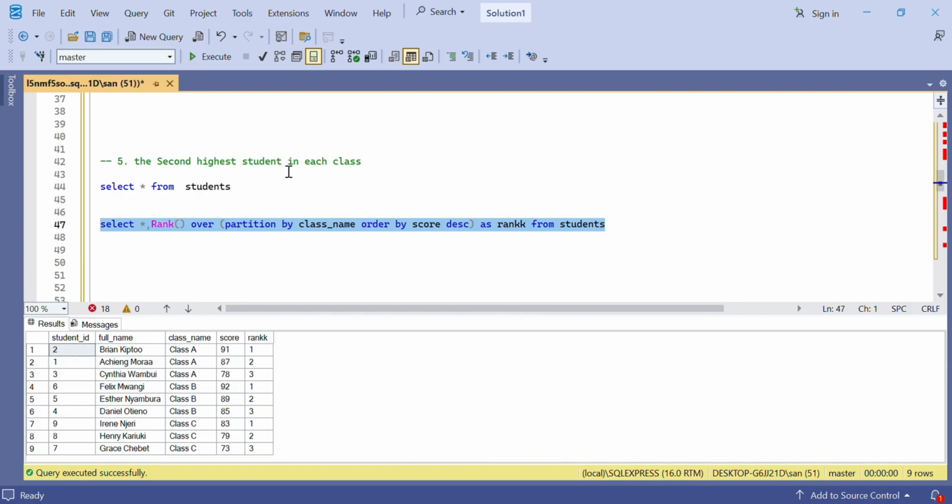So the question is asking to find the second highest students. That means we're going to pick only the second one. So for class A, the second one is Achieng Mora. For class B, the second one is Esther Nyambura. For class C, the second one is